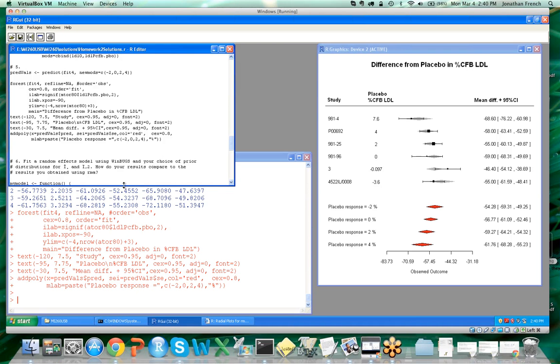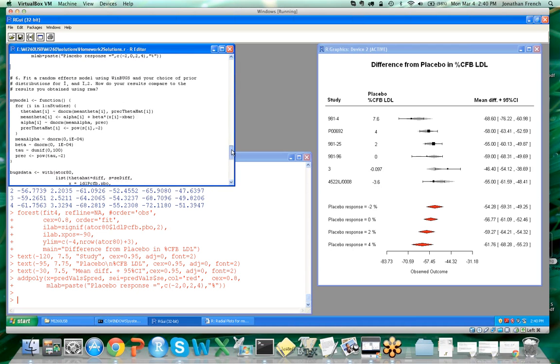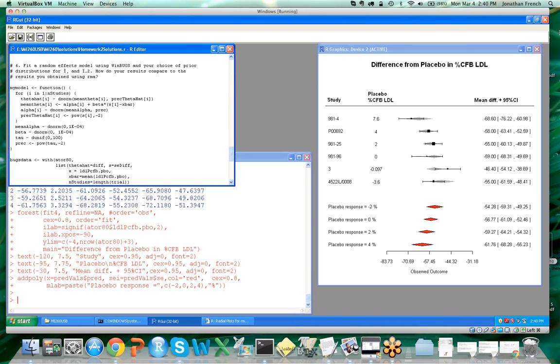Okay, so what we've done so far is really framed within the maximum likelihood framework using some of the functionality built into the metafor package. The next thing that we're going to do is move into fitting this same model using WinBUGS. So it might be a good place to, again, pause for any questions. Okay. So let's move on to fitting